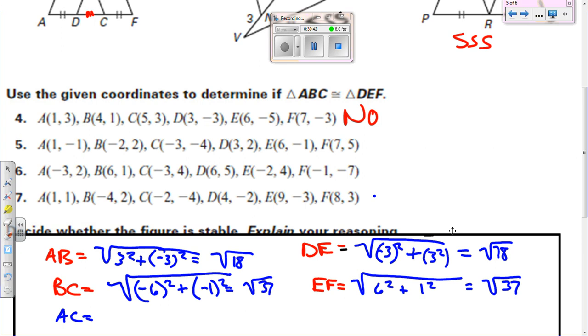AC equals the square root of 4 minus 2, which is 2 squared, negative 3 minus negative 3, which is 0 squared. So this gives you the square root of 4, which is 2. DF is negative 7 minus